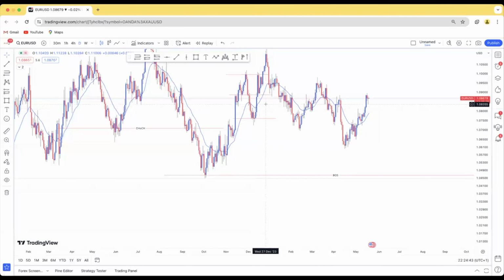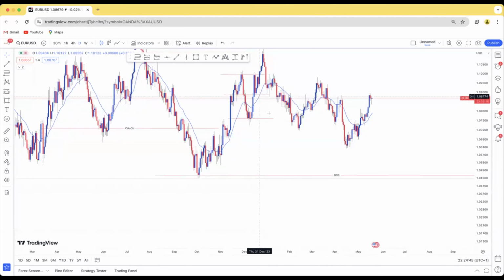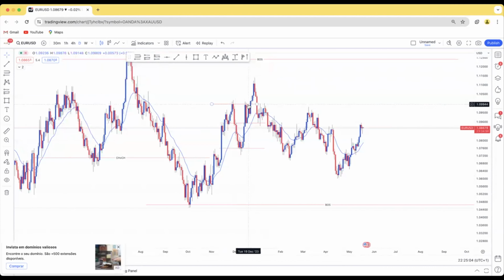It's just a shift. To validate the break of structure, price either breaks through this low or breaks through this high. And as you can see, it broke the structure here. Where did it gain that momentum from? It gained that momentum from somewhere around here, because you can see there was an internal support and resistance level here that gave us this high. So the moment price breaks below here,